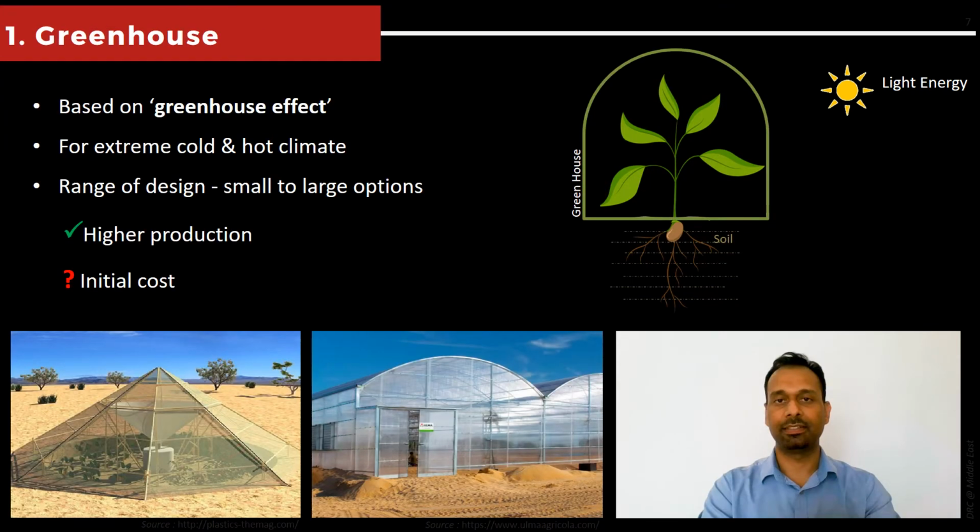Now let's start with the first method, which is the greenhouse method, and it is one of the simplest methods. It has derived its name from the greenhouse effect. So basically the greenhouse is a structure made up of roof and walls, mainly from transparent material like glass or plastic sheets. What it does is it regulates the internal environment for plants to grow and protects the plants from the external harsh